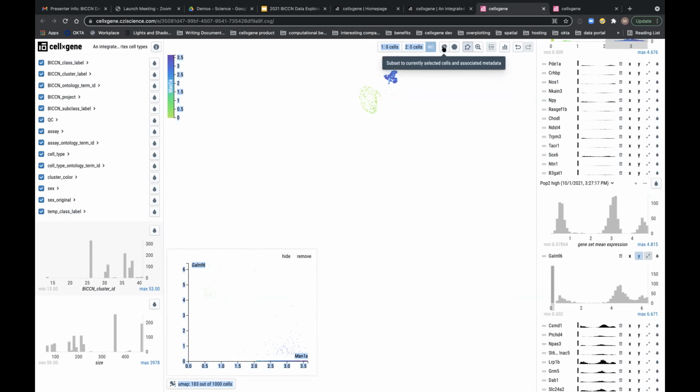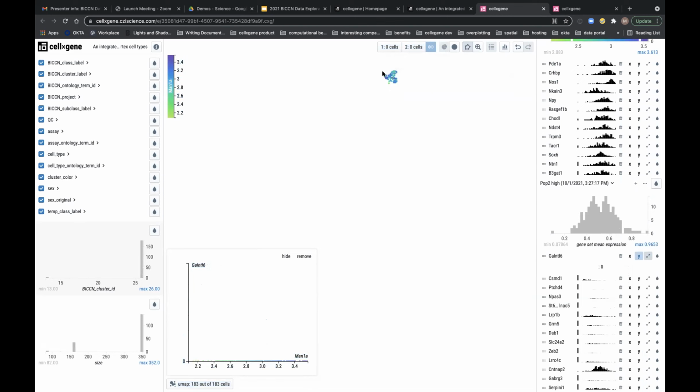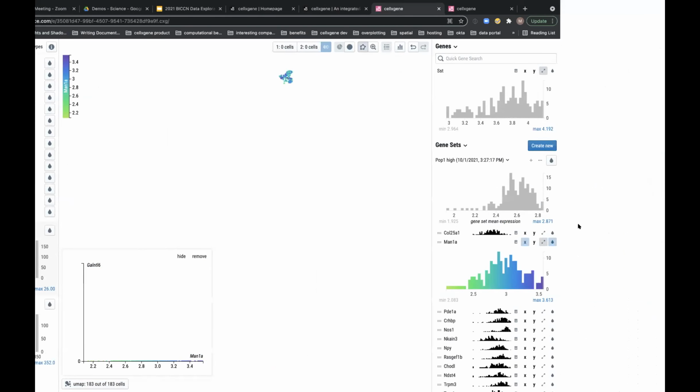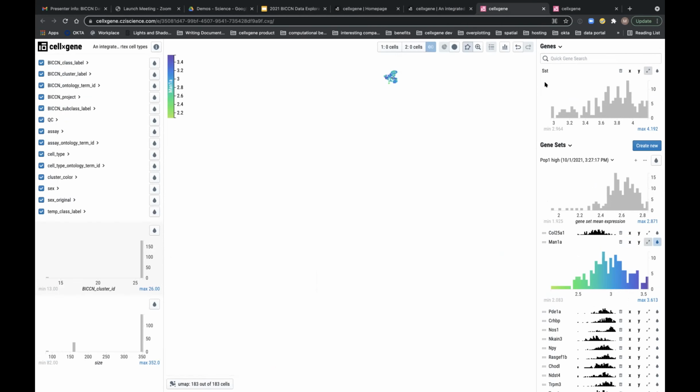And then after we've made that selection, we just end up with those man1A positive cells. So that's a cool function where you start to drive down deeper into what the transcriptional differences are between two distinct cell populations, and then how to get down to just those subsets that I'm interested in. With that, I think there's just one more piece of functionality, or maybe two. So I'll remove this and bring back the entire data set.